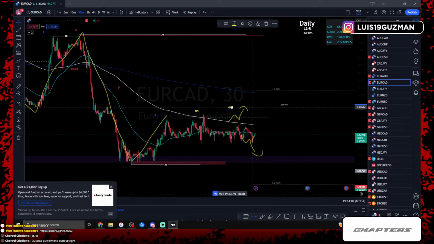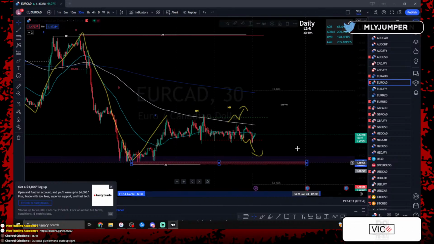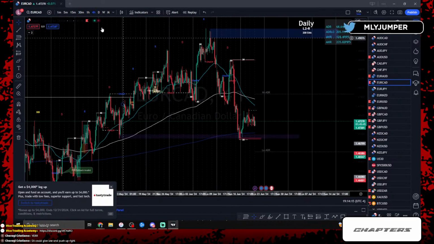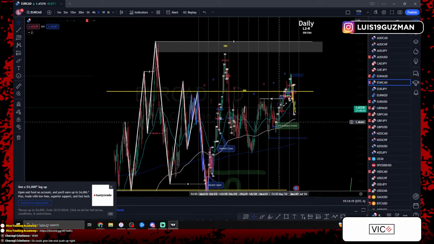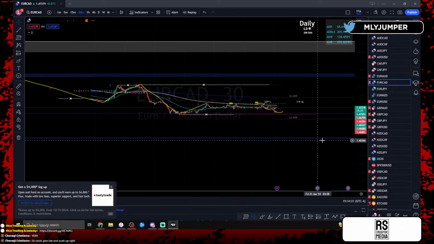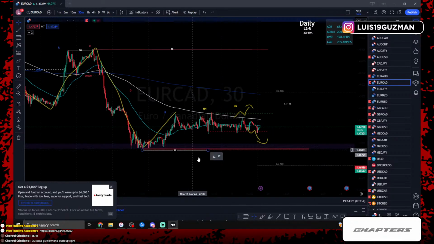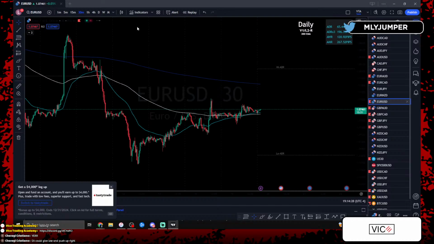EURCAD just moving sideways for 2 days of no net, right? We still know we're trading between this 30-minute low and this 30-minute high. Once again, this is a pair that we want to start seeing price continue to push to the top side, but we know we're at the top of the zone of consolidation. So this is another one where, if price doesn't start giving us higher highs and higher lows, then I'm not going to be interested in trading it.